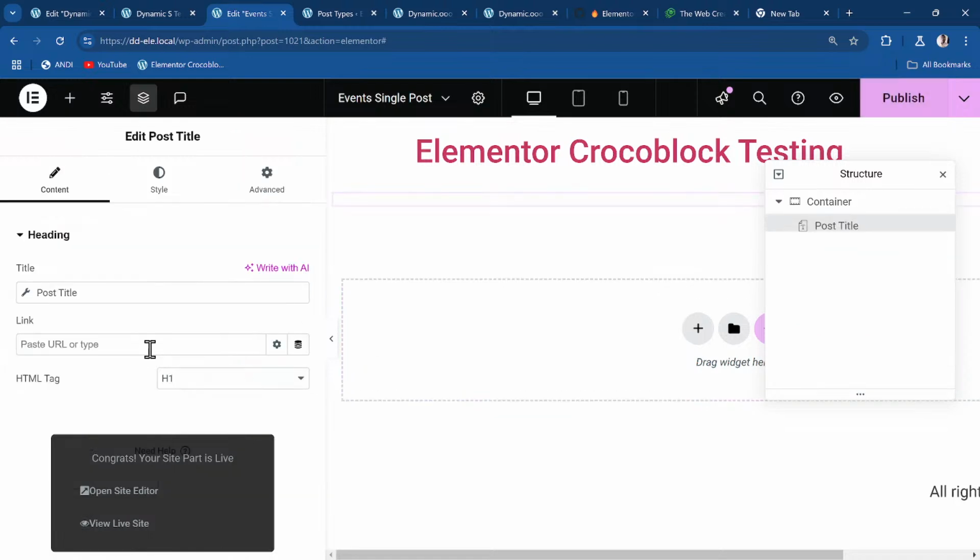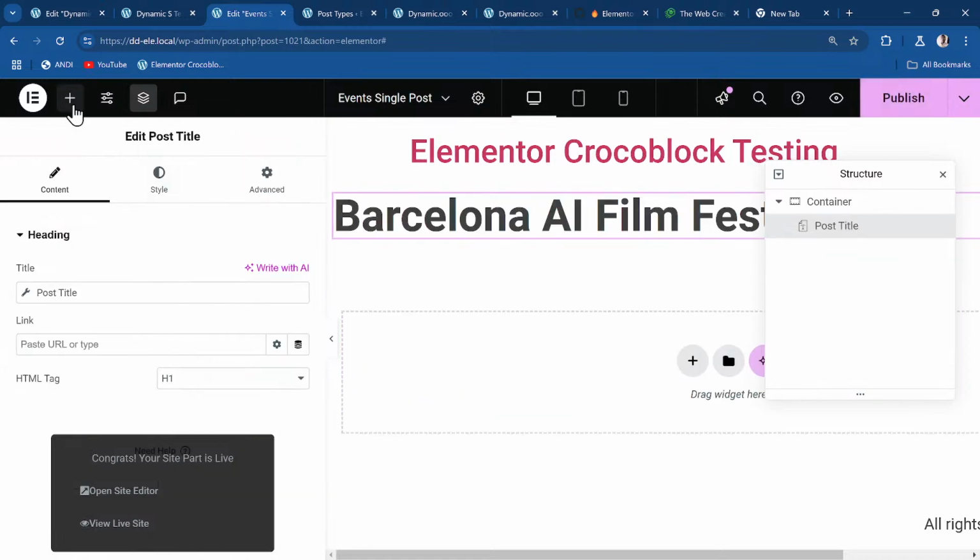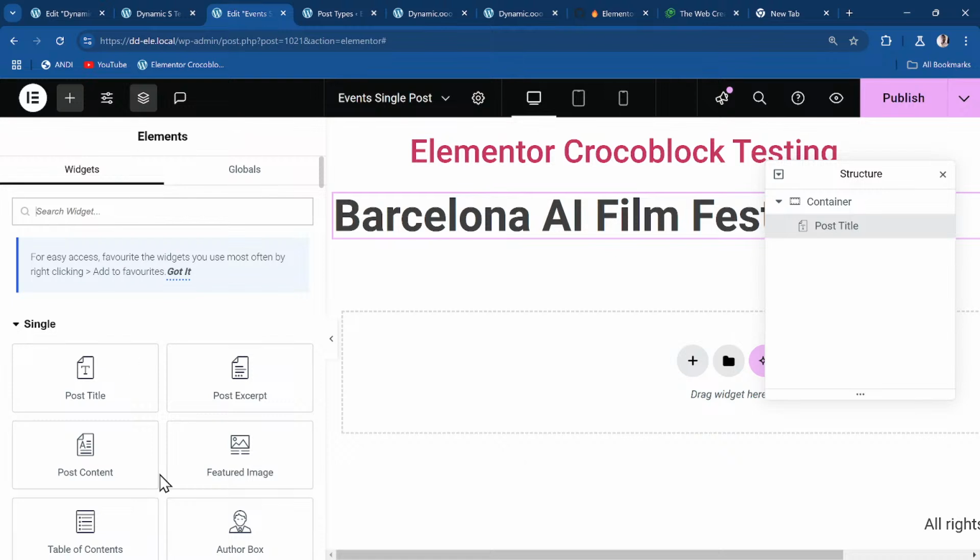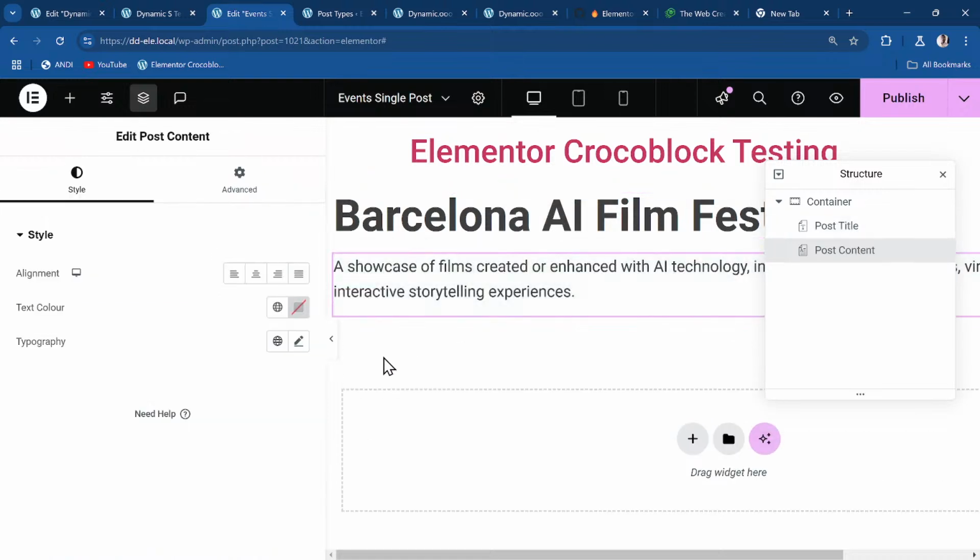So I'll drop in the post title as normal. Then I'll drop in the post content just so we have something to work with. And let's say I'm trying to get